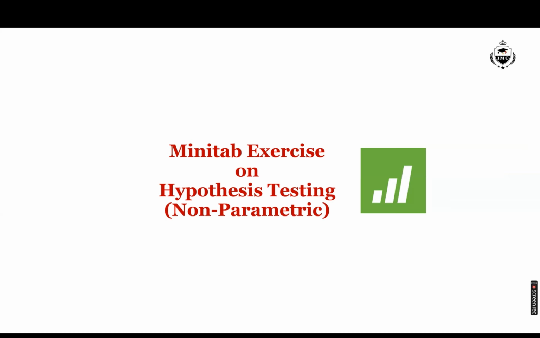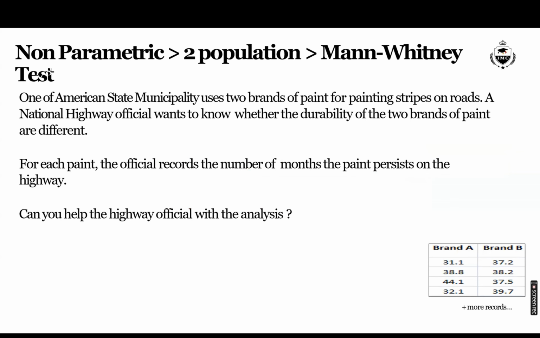There could be some out-of-pattern data. In those cases, there are two sets of hypothesis testing which we want to understand. One of them is the American state example, but the process of doing the hypothesis testing will be strictly based on those six steps which I have written. Do follow those six steps.